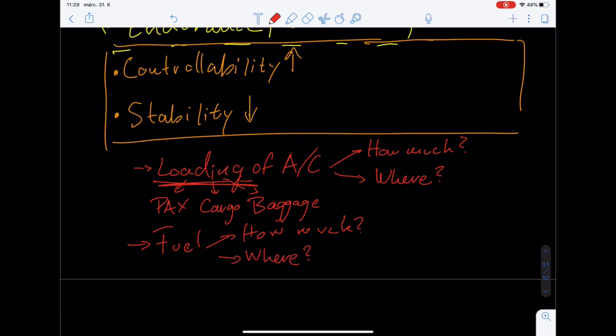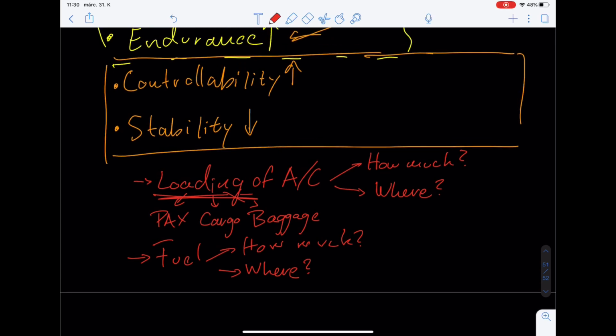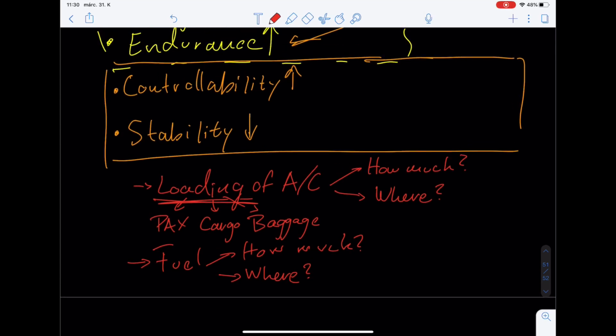And in some wide body airplanes, and also, for example, for the Concorde, what they used to do is they would pump the fuel from some tanks which were more forward to the tanks in the tail to basically move the center of gravity position. That is an option. From what I understand, the only amount of flexibility that you have with a medium range transport jet such as the A320, A321 family is that